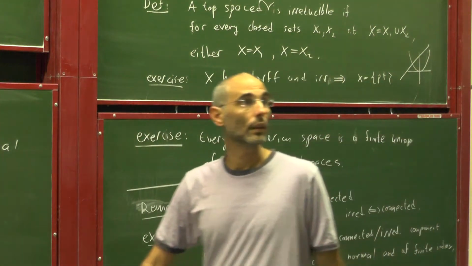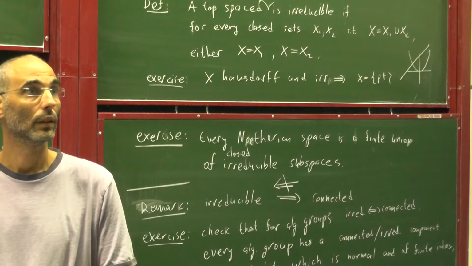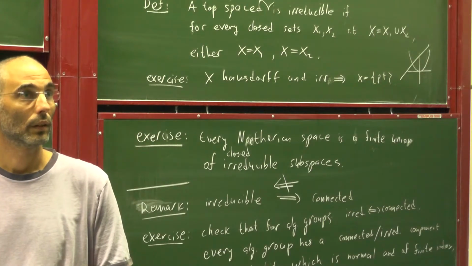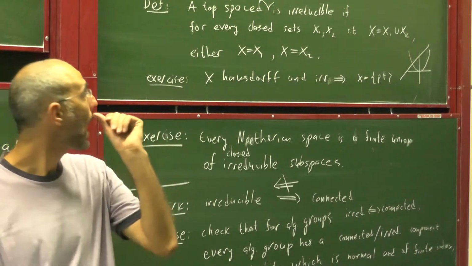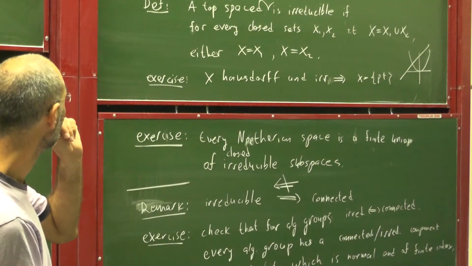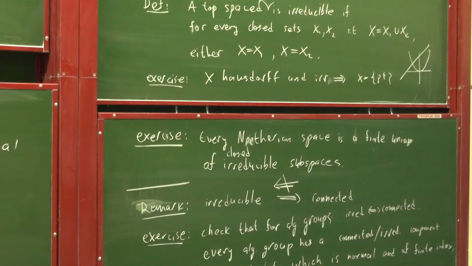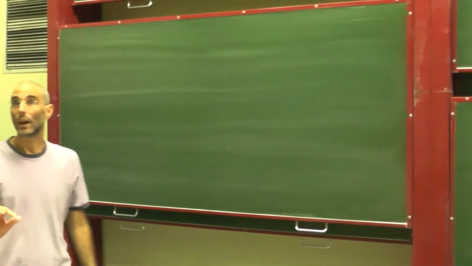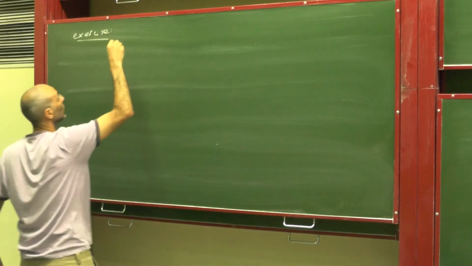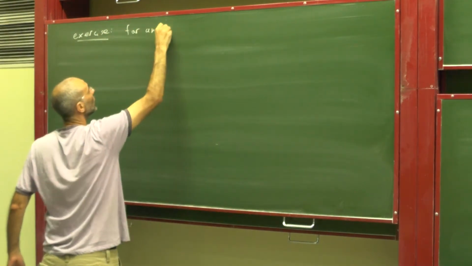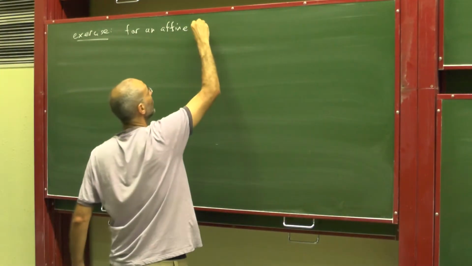But an affine algebraic group is an affine variety, and the category of affine varieties is dual to the category of affine algebras, where you assume that they have no nilpotent elements. Okay, so let me explain what is going on. Let me follow with an exercise. For an affine variety,